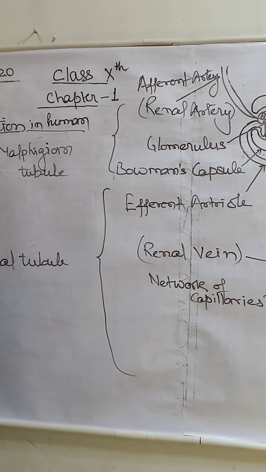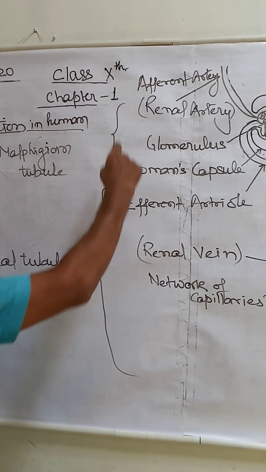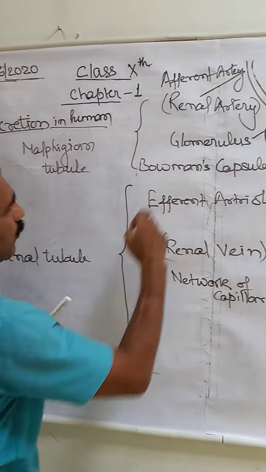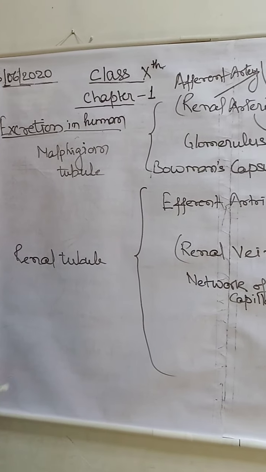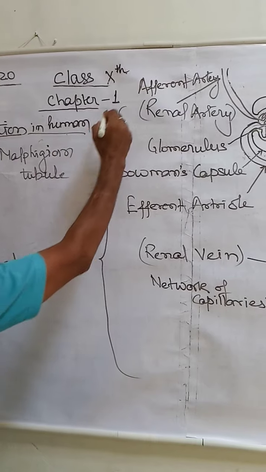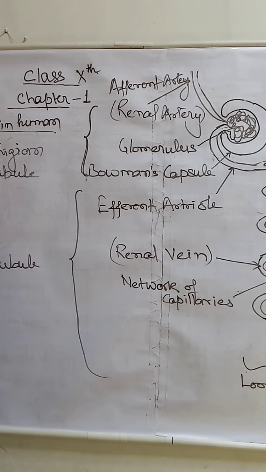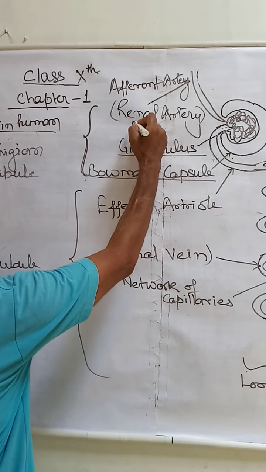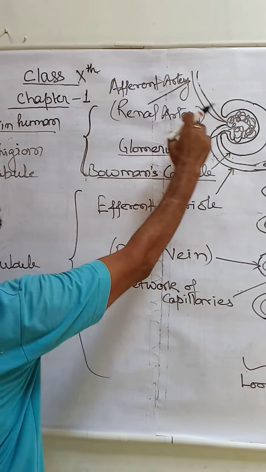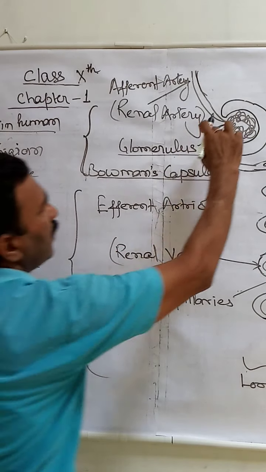In the case of insects, you have already heard the word Malpighian tubule. So one part is Malpighian tubule and the other part is renal tubule. Now if you see here properly, the components which come under Malpighian tubule are Bowman's capsule and glomerulus along with the renal artery. Our renal artery is the artery which is the input passage of the blood.